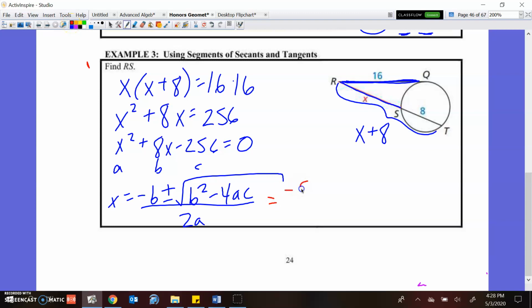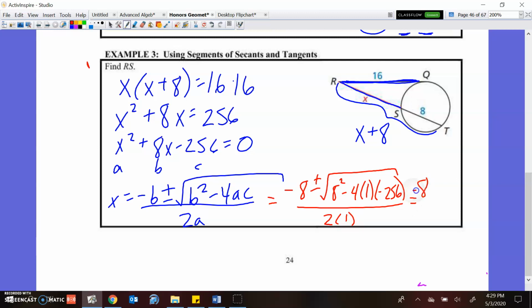So now let's sub in those values. It's going to be negative 8 plus or minus the square root of 8 squared minus 4 times my a is 1 and my c is negative 256. Now all that's over 2a, so 2 times 1. Okay, so negative 8 plus or minus the square root of, inside I can work through all that. If you remember, that value inside is called the discriminant. So 8 squared is 64. Minus 4 times negative 256. The negatives cancel and we get 1088